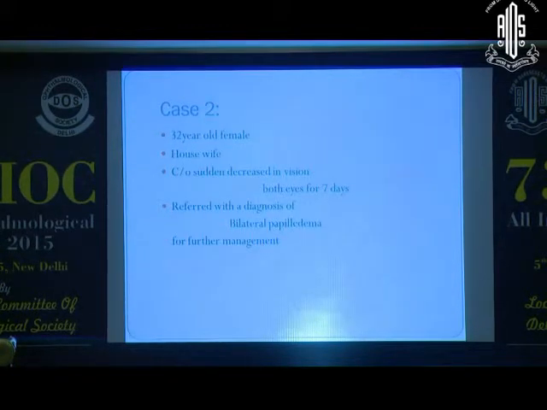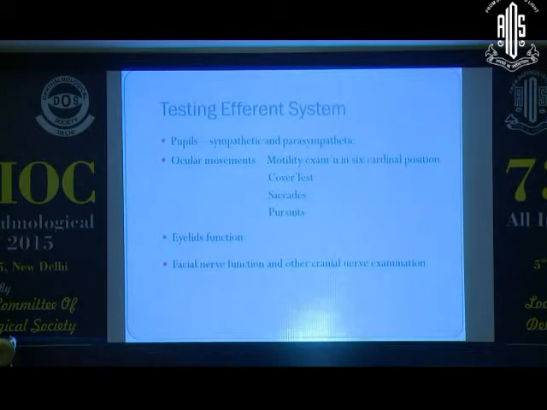Now coming to the second case. I would just stop you here. The highlight of the case was that the patient's vision was 6/12, and obviously it turned out to be hypertrophic maculopathy. You have to remember though that in these patients you may still have a normal optic nerve function test, and sometimes the blurring of vision might be because of maculopathy and not really an effect on the optic nerve.